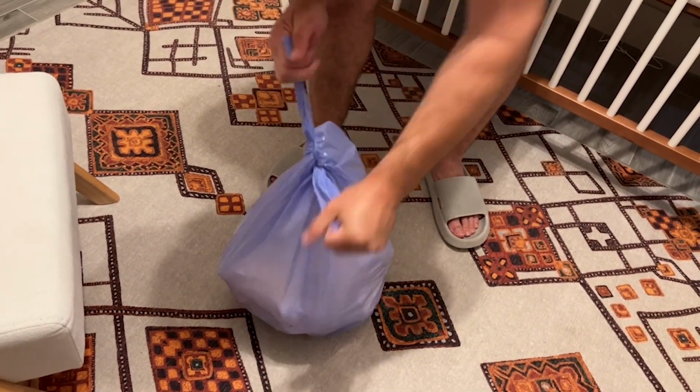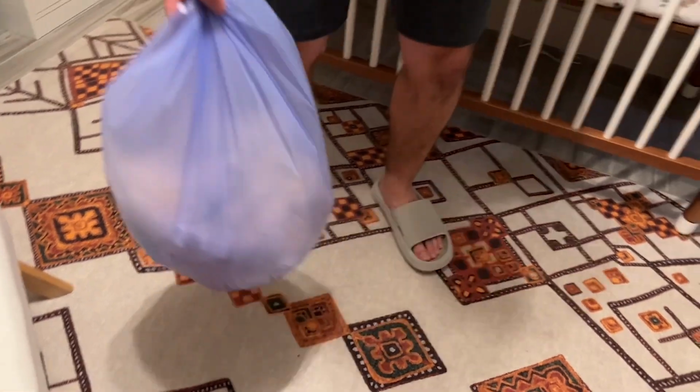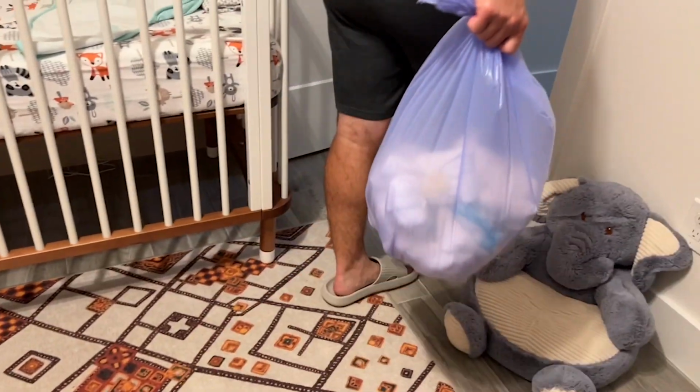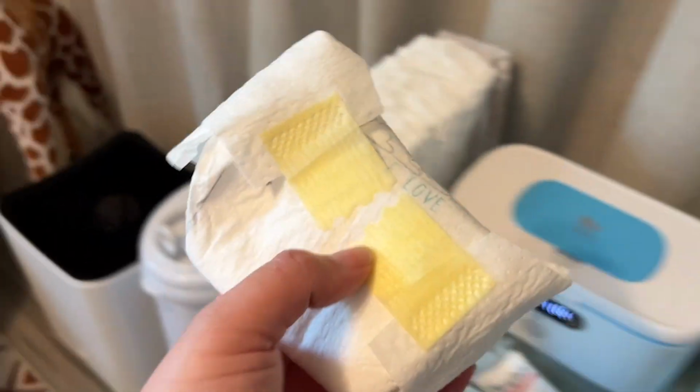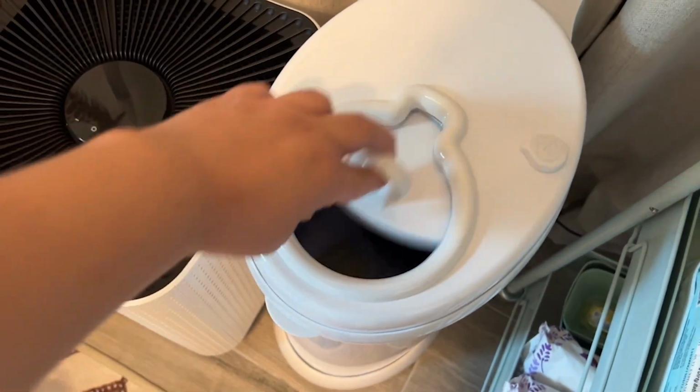These bags are not stretchy at all, which is great because these diapers can get pretty heavy, and these bags are very sturdy and do a great job holding them, and more importantly do a great job at holding the odor. So if you have an Ubbi diaper pail, you're going to want to consider getting these trash bags from